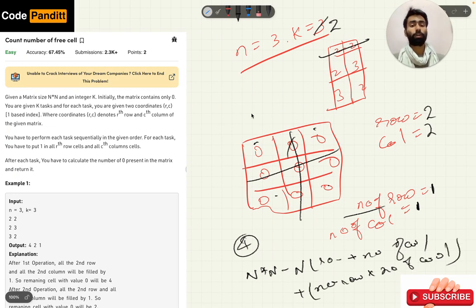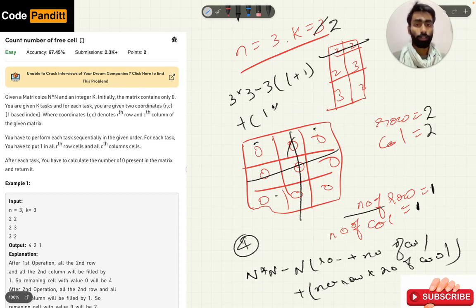So using this formula we can obtain the same answer, that is 3 into 3 minus 3 into (1 plus 1) plus 1 into 1. So here 9 minus 6 plus 1, hence 4. So using this formula we can also obtain the same result in constant time.